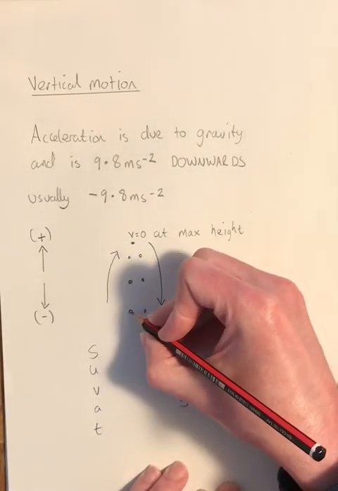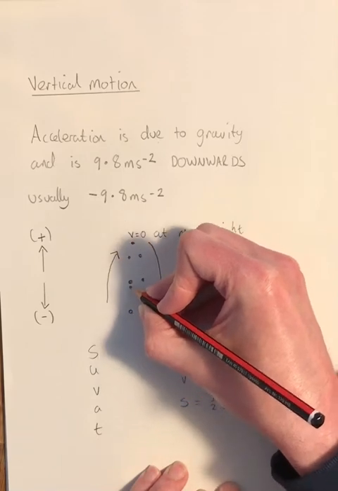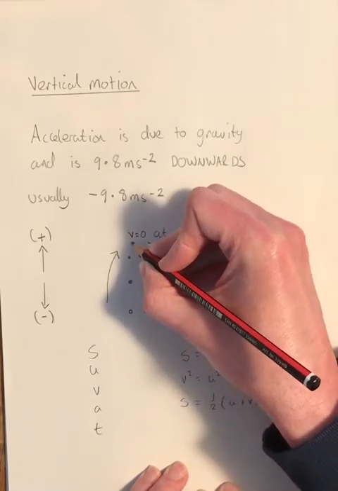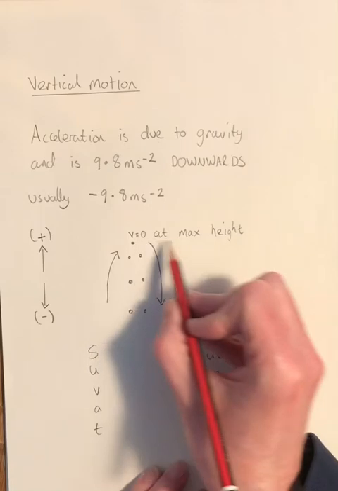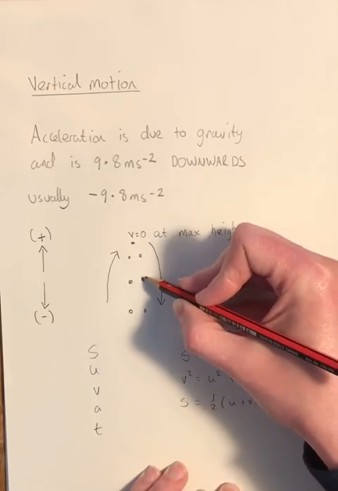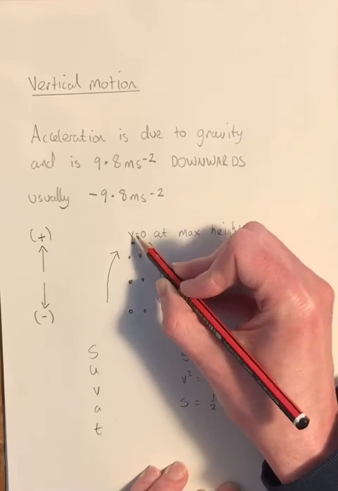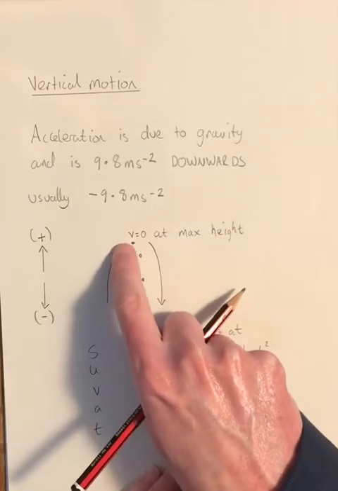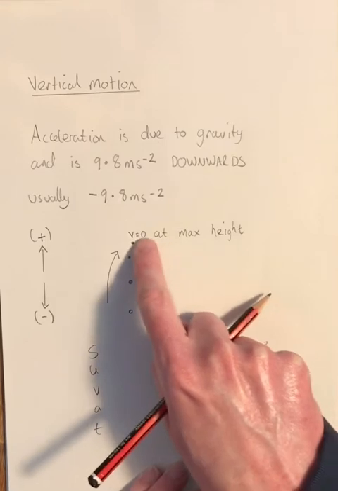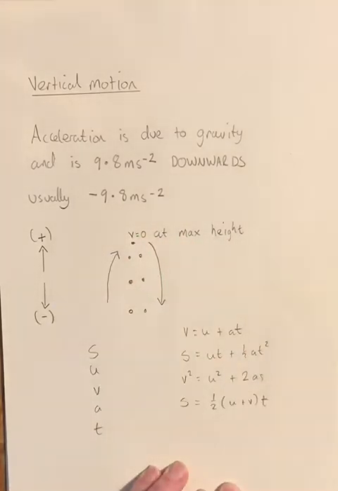So an object thrown up in the air will slow down, slow down, slow down, and stop at its maximum height, and then it will start to accelerate back down the way. If it's stopped at its maximum height, then that's something that we can make use of a lot, because we can set the velocity v equal to 0 at that maximum height,